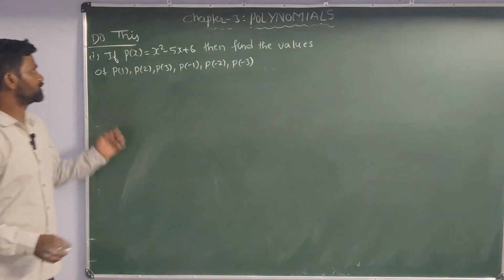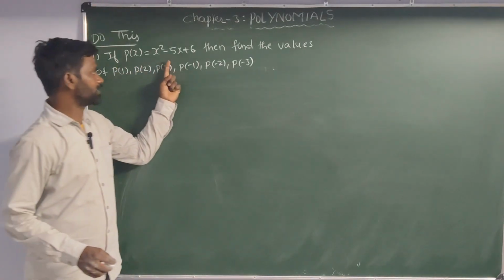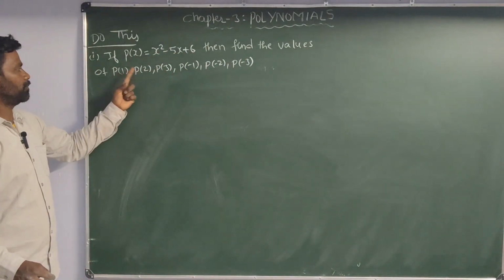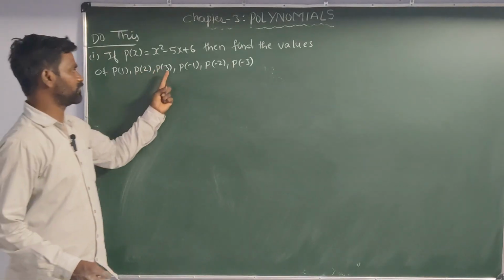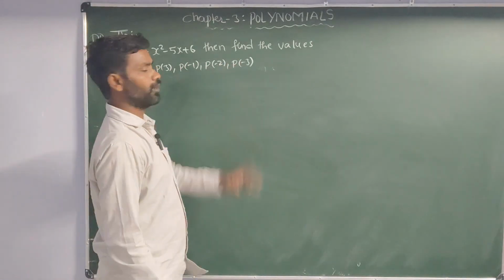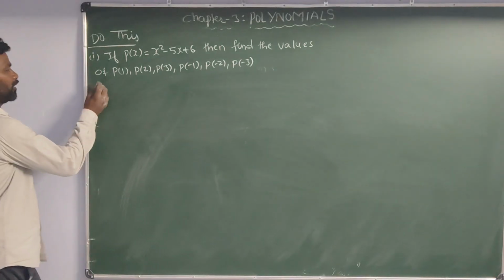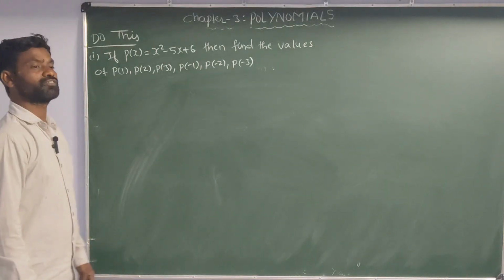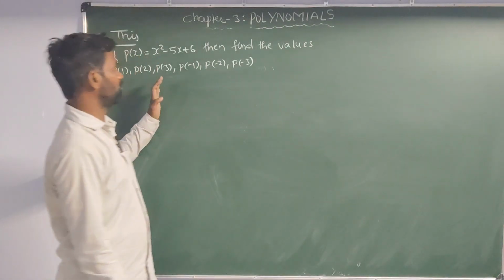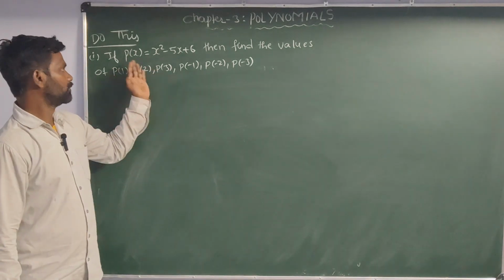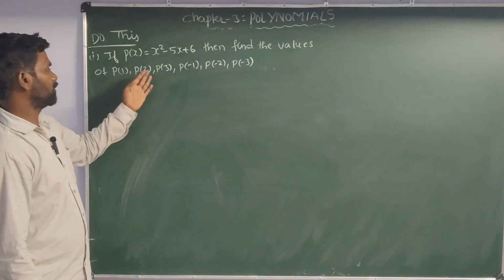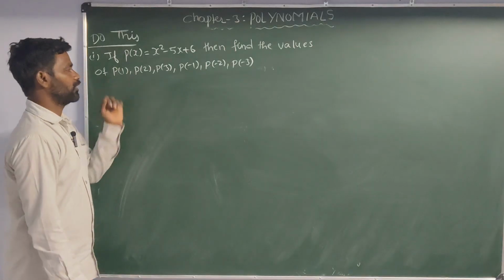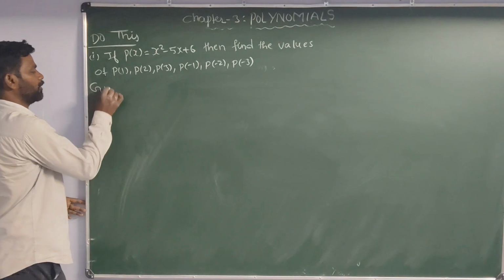Next, do these questions. In the first one, if p of x is equal to x square minus 5x plus 6, then find the values of p of 0, p of 1, p of 2, p of 3, p of minus 1, p of minus 2, p of minus 3. So let us write the given polynomial. This type of question is called value of the polynomial, or find the value of the polynomial. Okay, so first you write the given polynomial